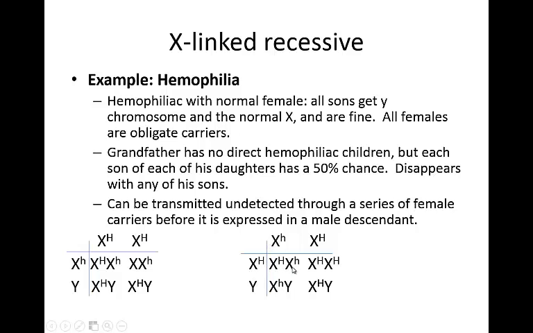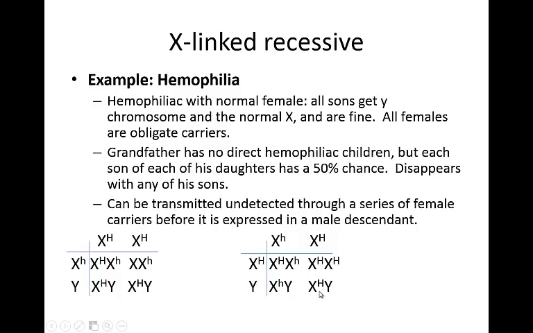So out of their daughters, the daughters have a 50% chance of being a carrier for this disorder and a 50% chance of being phenotypically normal and genetically normal, not a carrier for this trait. Their sons, on the other hand, because they're getting their X chromosome from their mother, have a 50-50 chance of getting one of these quote-unquote bad chromosomes from their mother. So they have a 50% chance of having a son with hemophilia,